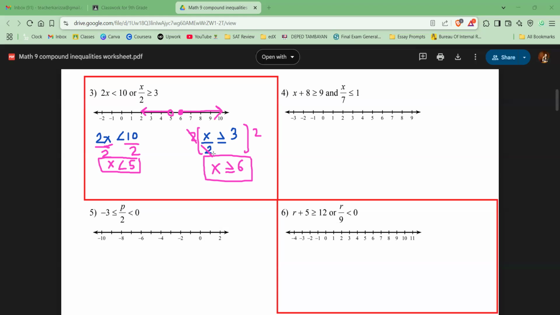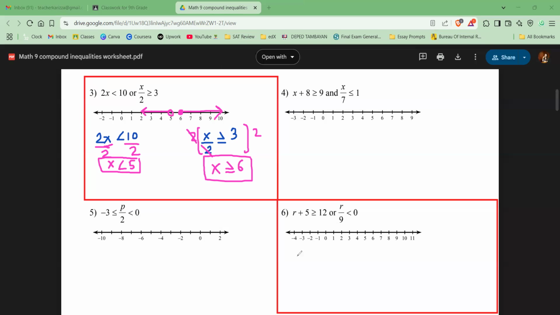So, number 4, right? What do you do for number 6? Oh, number 6. You have to get the first one first. So it's cancel out 5. You have to cancel out 5 for the first one. Okay. So what happens? It becomes r.